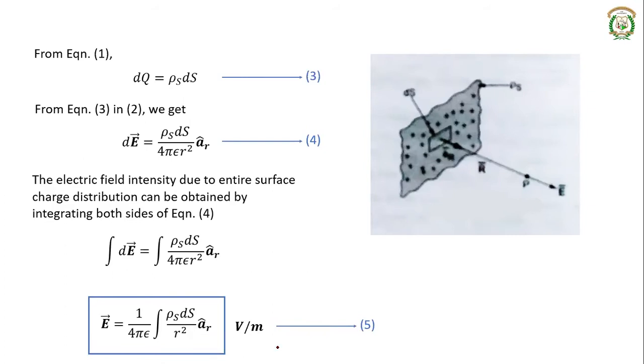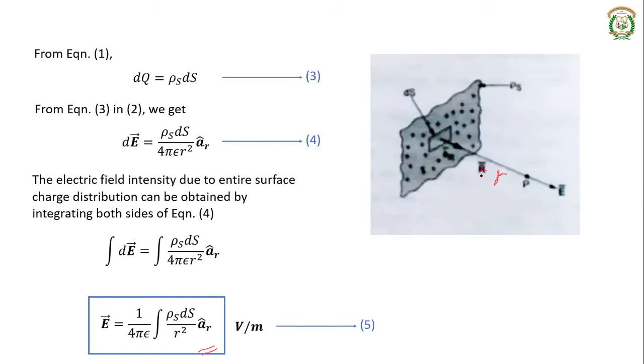Whatever we have seen in the revision of vector calculus, the differential volume element, differential surface element, and differential lengths, they are used here. When you substitute this ds, depending on the coordinate system, we are supposed to substitute those values of ds or dv as in the previous case. So this is the expression for electric field intensity due to a surface charge distribution with charge density rho s, at any point P, which is at a distance of r from that particular surface charge.